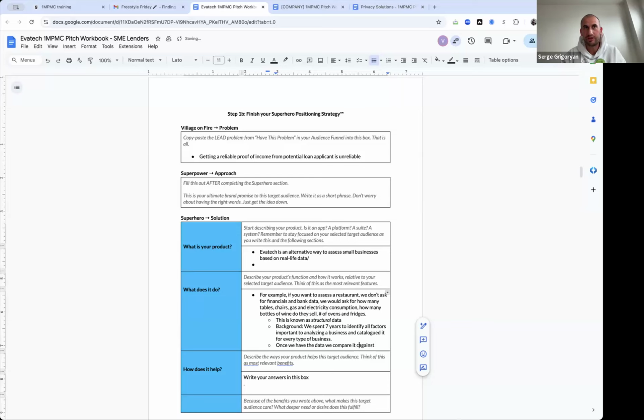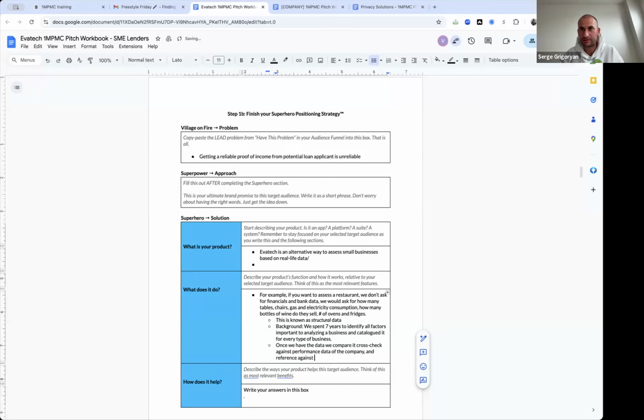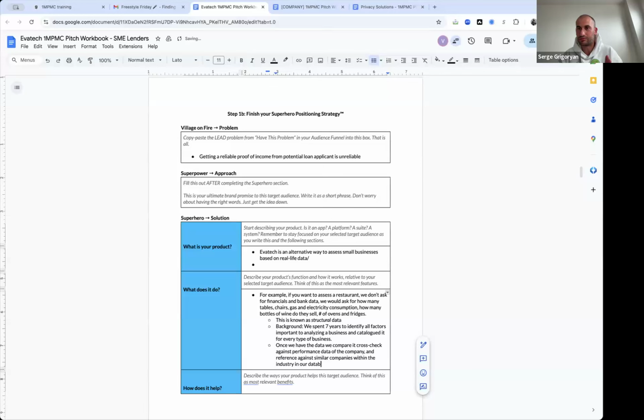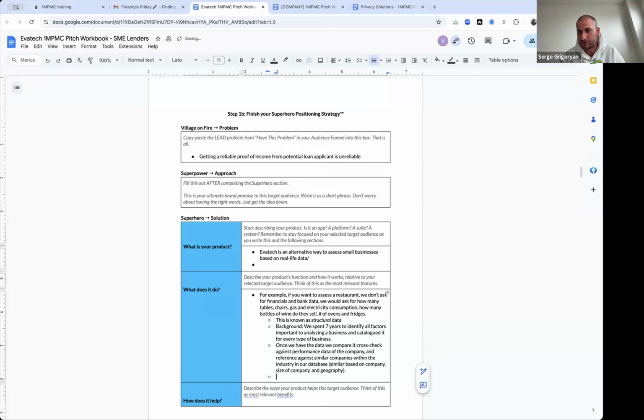And then we compare these particular restaurants to other similar restaurants in our database. Like we would compare a premium class restaurant in Detroit with another premium class restaurant in Detroit. Same in Düsseldorf. We wouldn't compare a restaurant in Düsseldorf with another one in Tashkent, obviously. So it is similar types of businesses that we are comparing with. And then based on that, we derive the so-called index of truth. So how truthful are the answers of the entrepreneur?